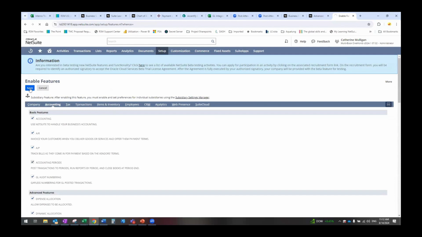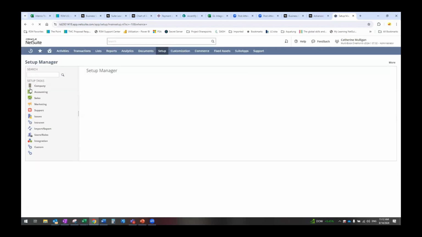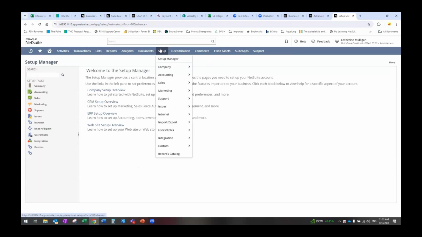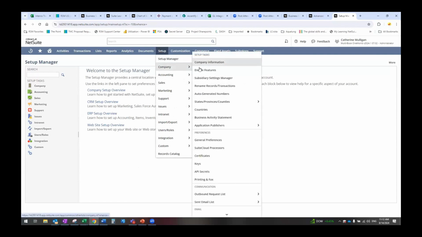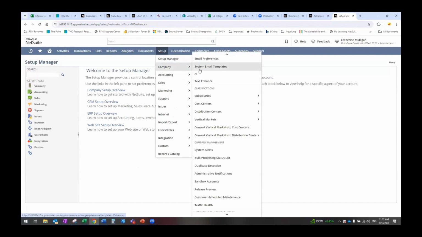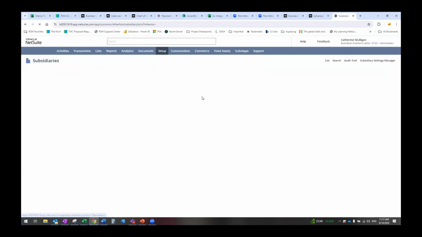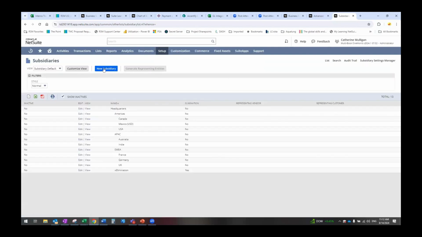Which I thought I had seen. But, okay, so I should have everything now. Now company subsidiaries. While she's setting these up, I'll tell you some other things I will see as far as the